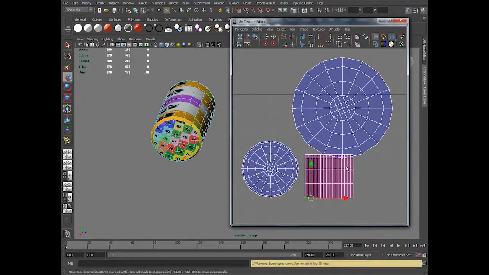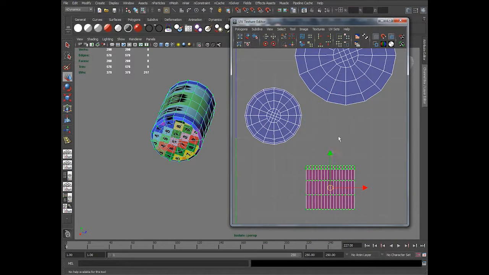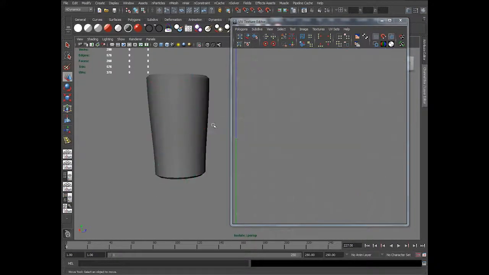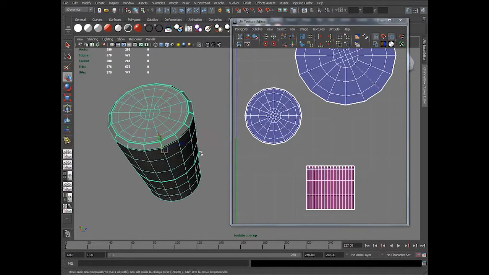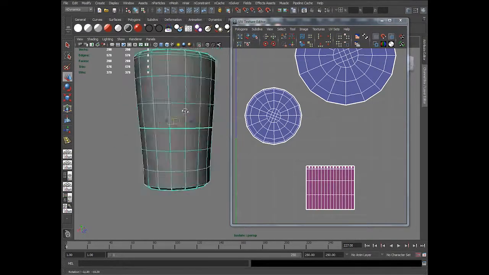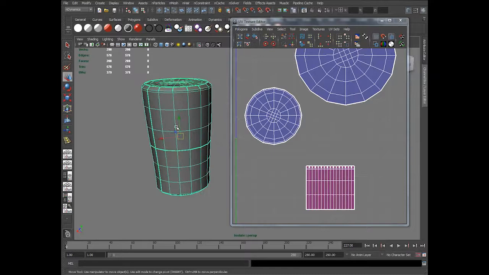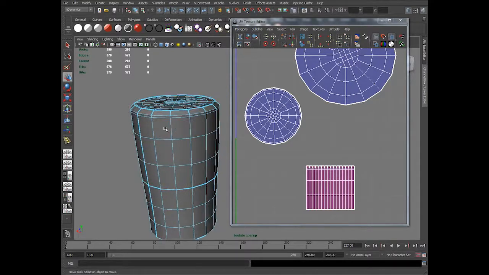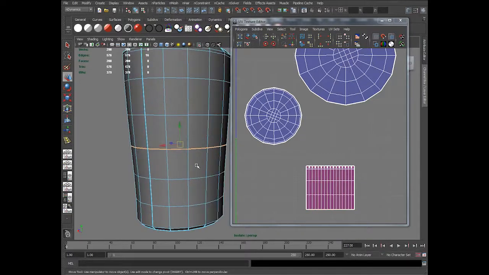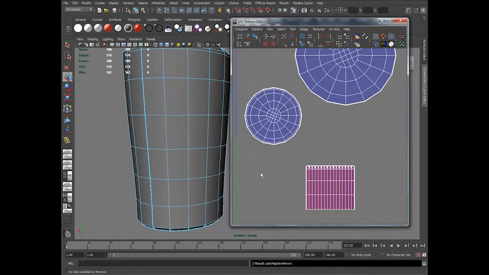And here I would like to see the texture borders. Now this thick line you're seeing is a cut. So I select that part and I apply move and sew UVs.